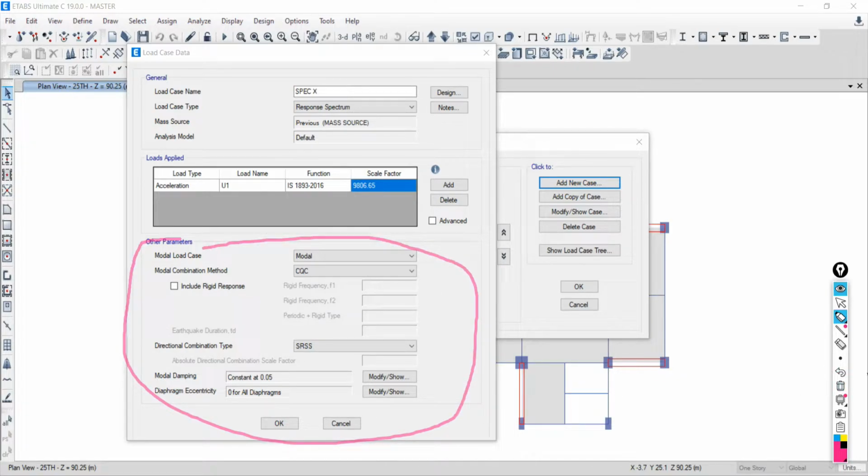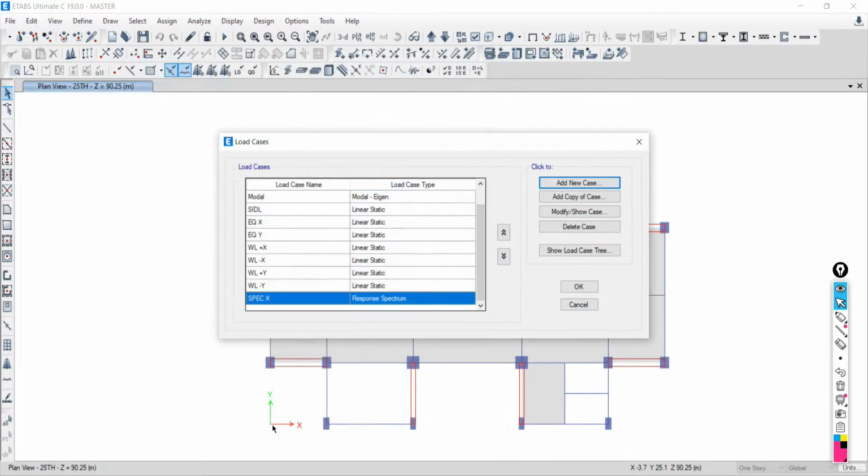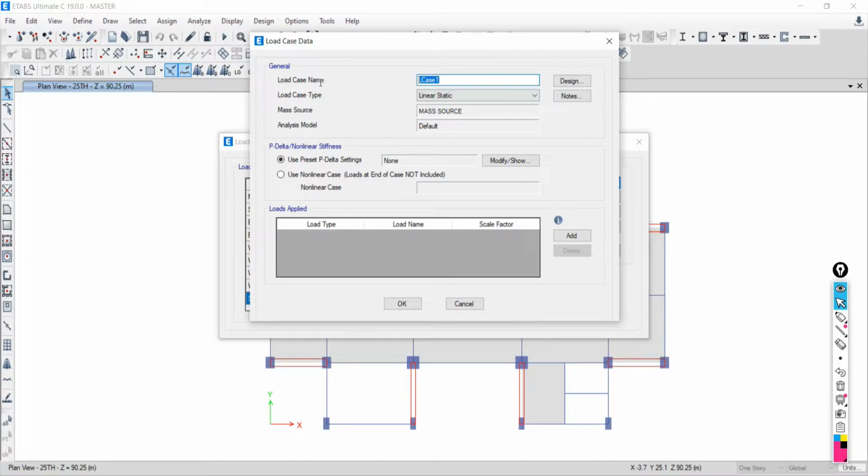Okay. Now next, just clear all this. Let's say simply okay. Spec X. Likewise, we have to define spec Y. Just go to add new, and here you have to write spec Y, and just say add.